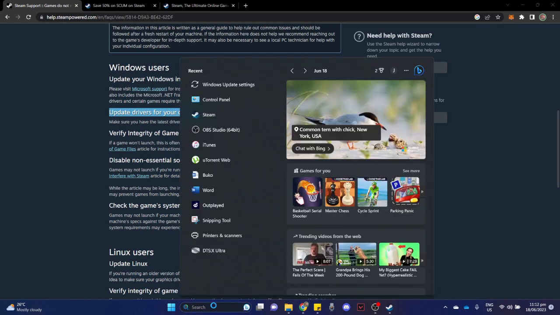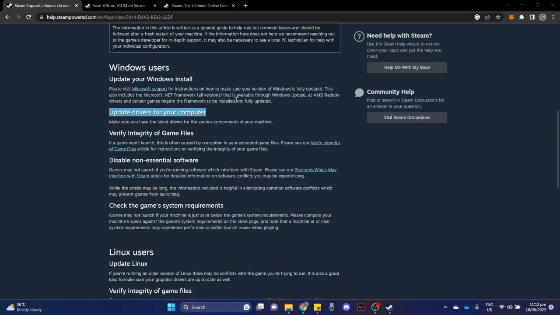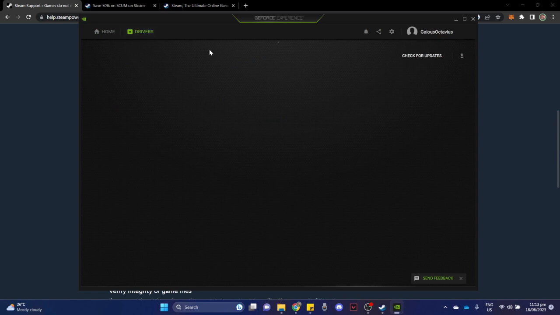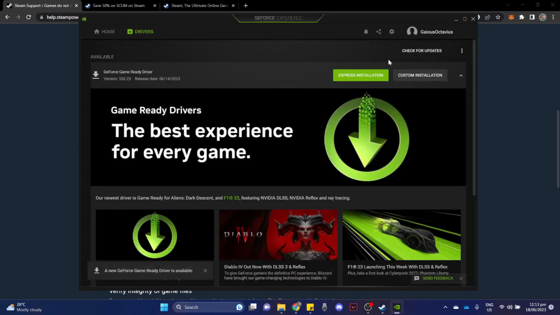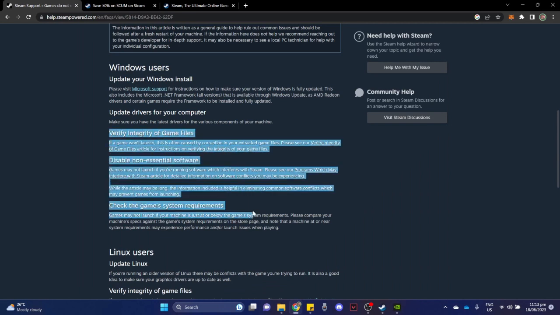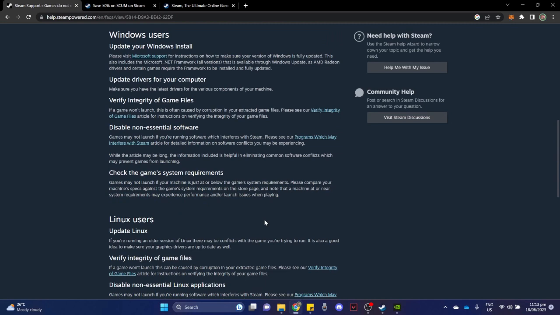For example, if you have the NVIDIA GeForce right here, make sure to click on it, go to drivers, and then click on check for updates right here, and make sure to click on Express installation or install. And then you may also read through all of this, follow these different steps right here, and then that should